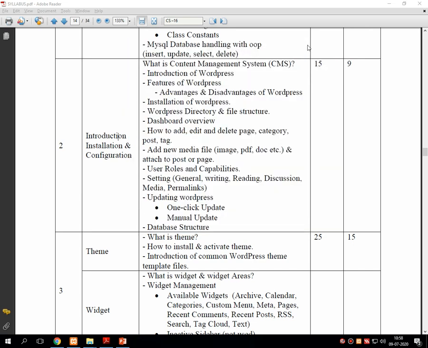Hello students. Now we are going to start our unit number 2, that is Introduction, Installation and Configuration for Content Management System using WordPress. As you can see on the screen, it's a syllabus which is prescribed by Saurashtra University in unit number 2. The first topic is what is Content Management System, then Introduction to WordPress, features of WordPress